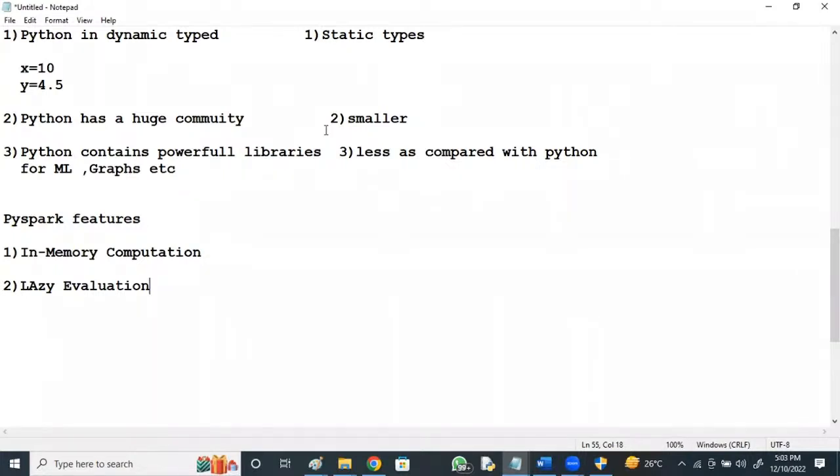Until then it won't execute. Active evaluation means executing immediately when you define it. But lazy evaluation means until you perform an action, it is not going to get executed.